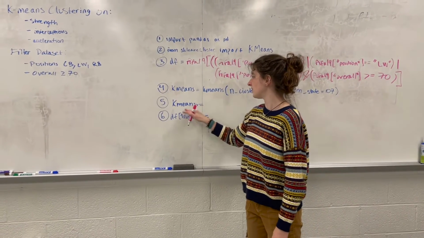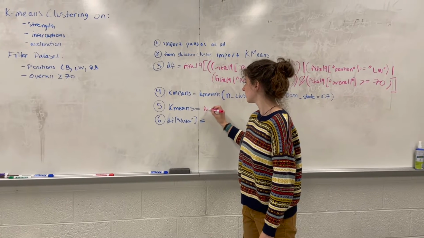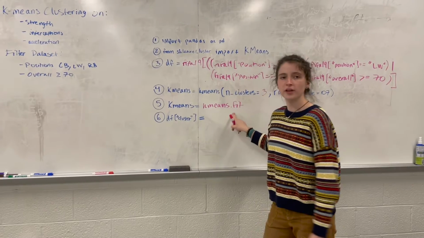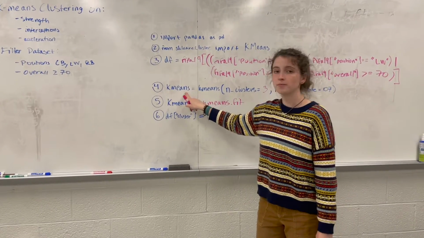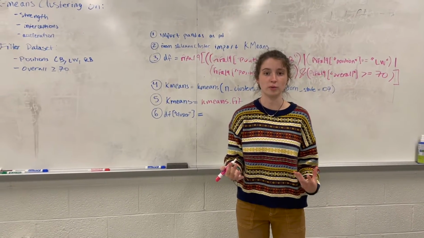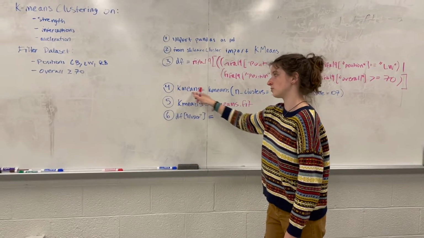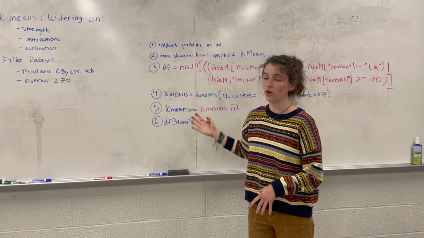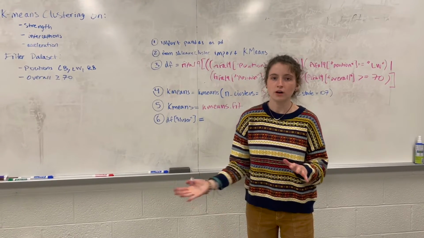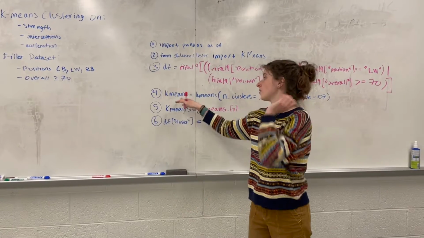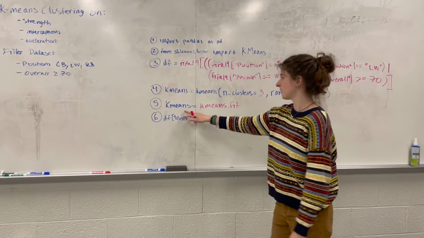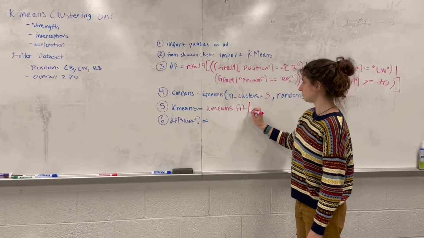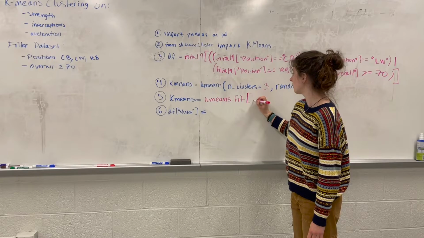Our next step is to actually fit our data to the characteristics that we have here. So k-means equals k-means.fit. And don't be confused by the fact that we're using the word k-means here. I think in class they teach it to you as model because they're making a model. So otherwise this would say model, but that's not a huge deal. We're just calling that variable k-means instead of model. A little confusing, but we could call this anything. This does not have to be called k-means. Okay, moving on. K-means.fit, and you want to fit it on